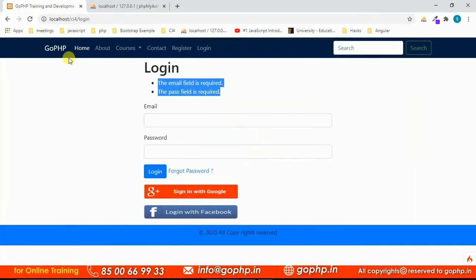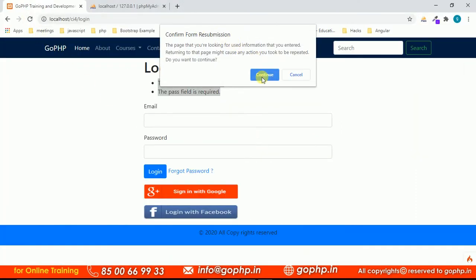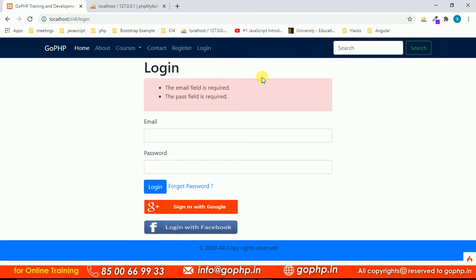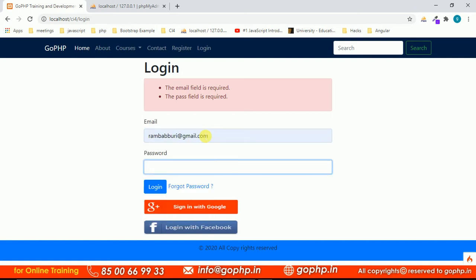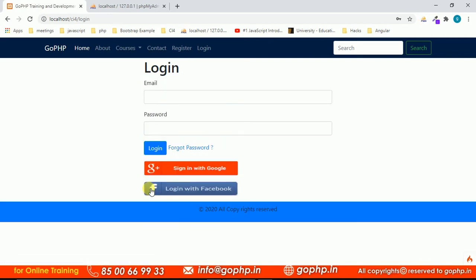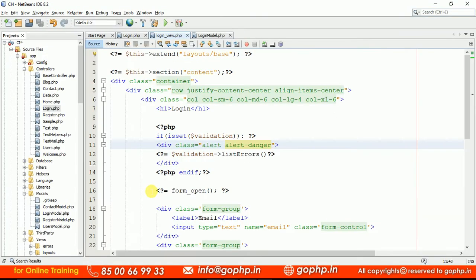Now you can submit this. If you submit or refresh, now we are going to get the red color strip to display the error messages. Then now we are entering the data. So let me enter some valid data. You are going to enter some password also. On submit of the form, we have to collect the data and verify that the data is available in the DB or not. Let us do the same job now.